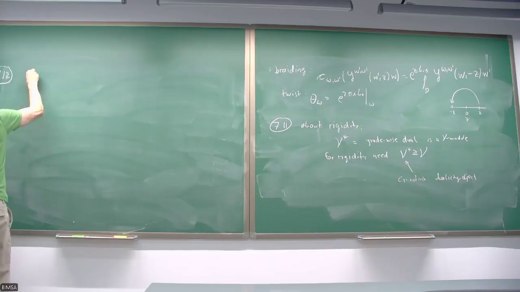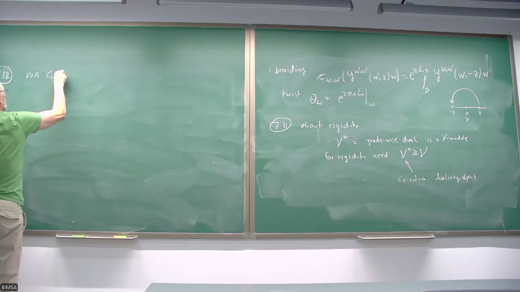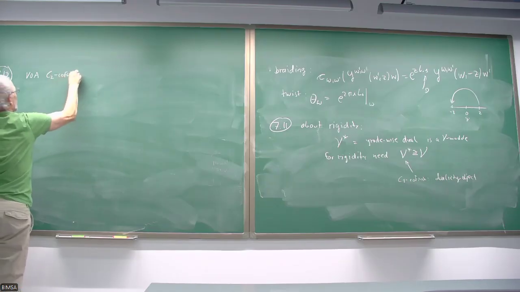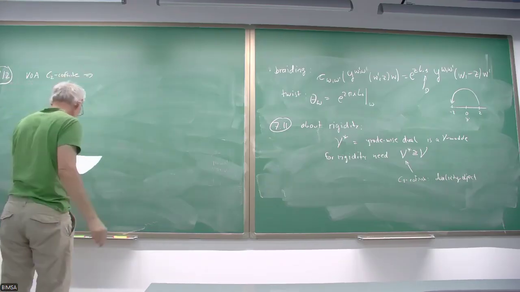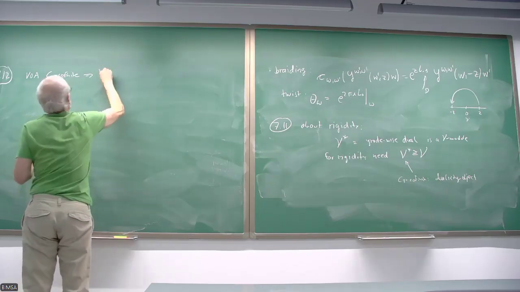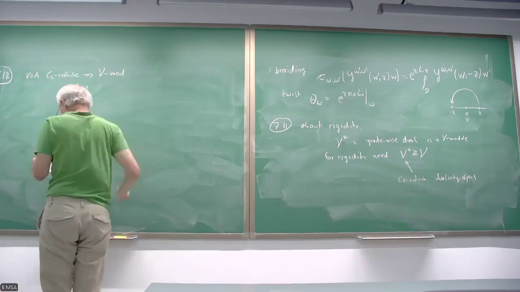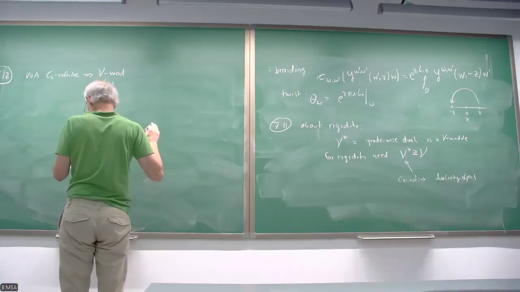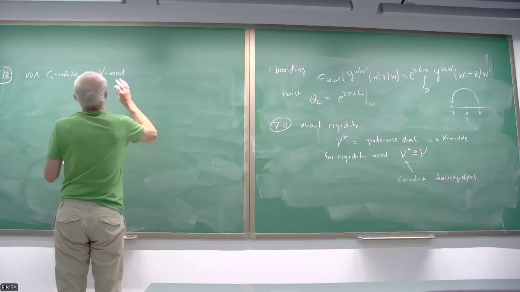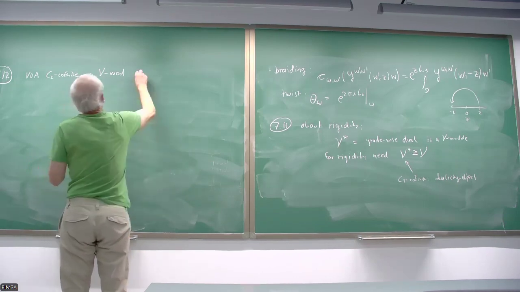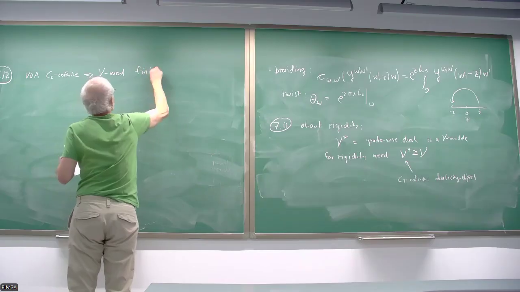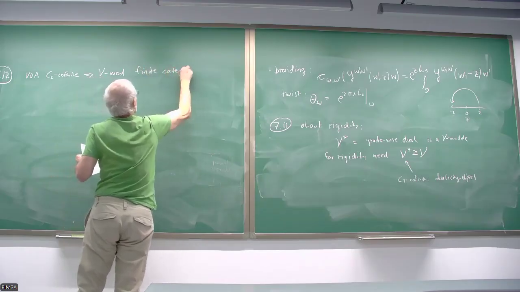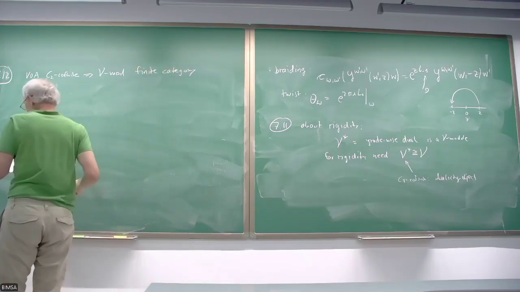One can show that if a vertex algebra is C2 cofinite, then actually a tensor product exists, and V mod is not just a monoidal category. No, sorry. We first say this V mod is a finite category in the sense I have defined, and then